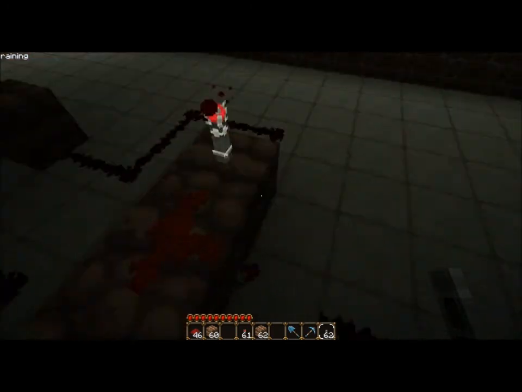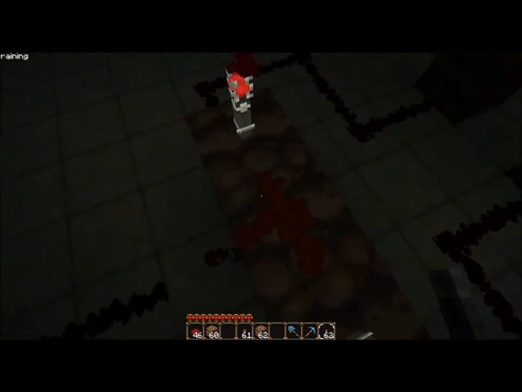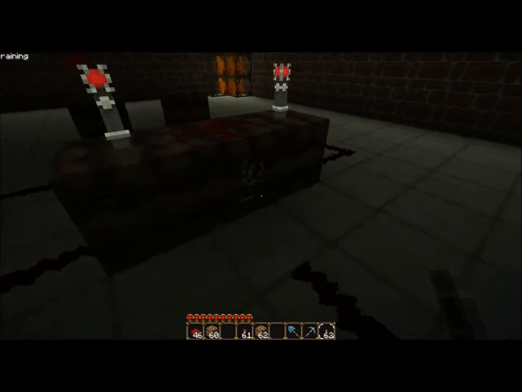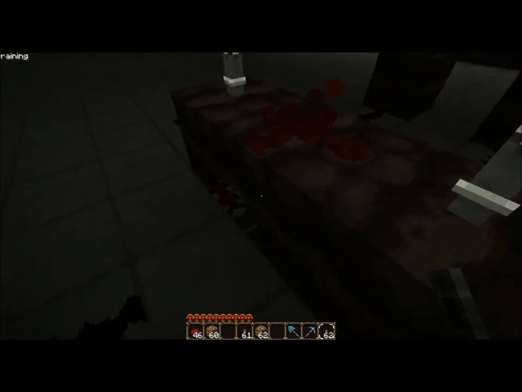Now let's discuss what's going on here first. Like, why is this torch off? We know if redstone's on top of a block that has a torch on the side of it, that's technically powering this block, and